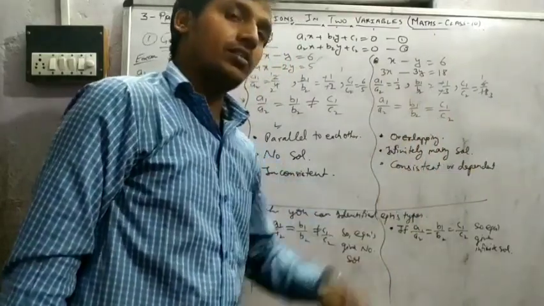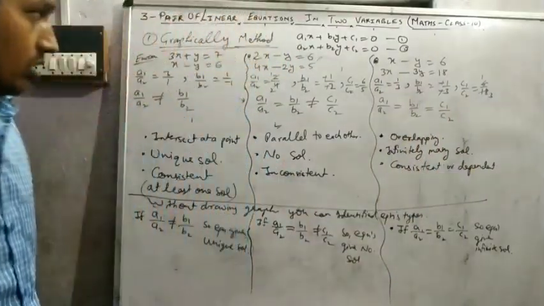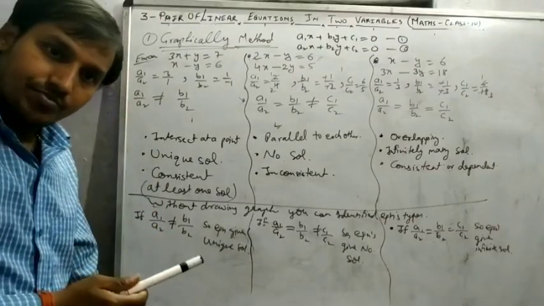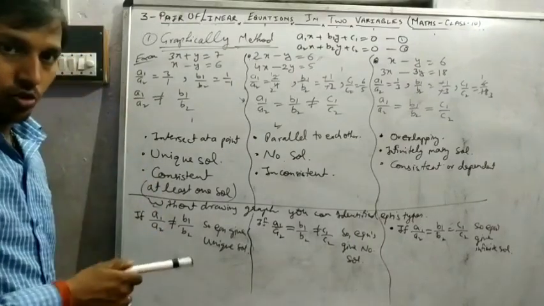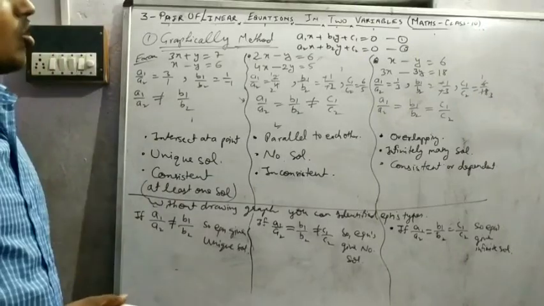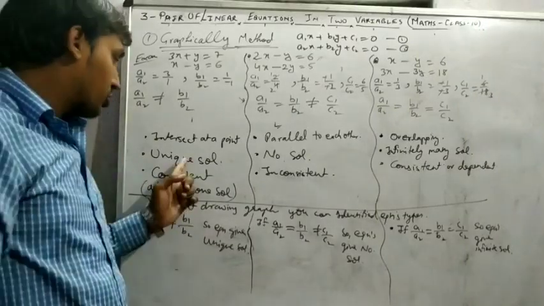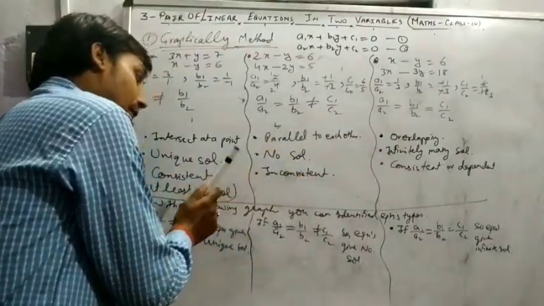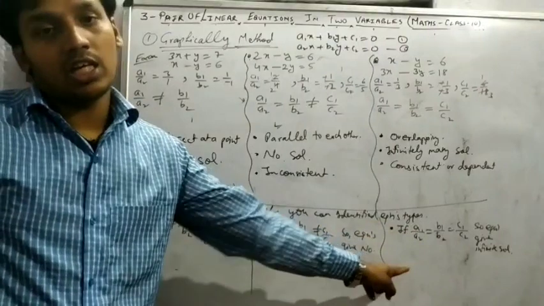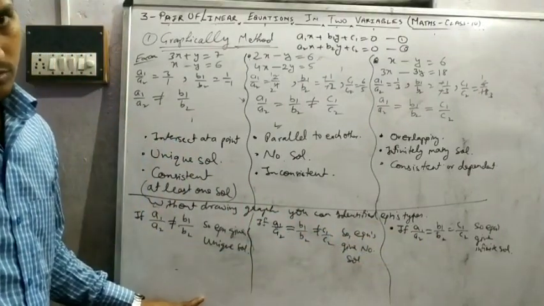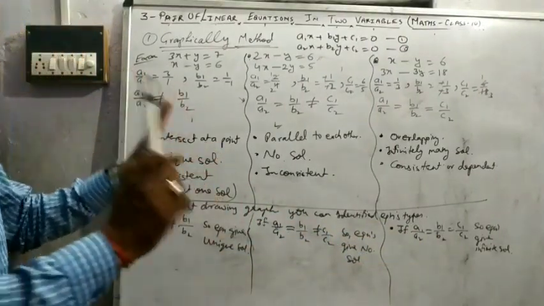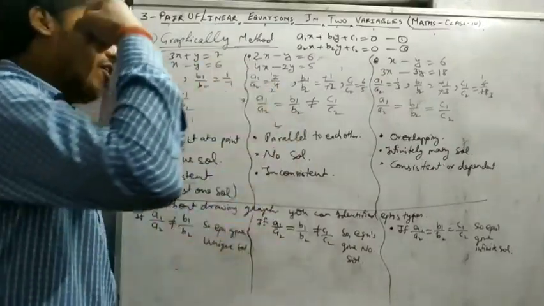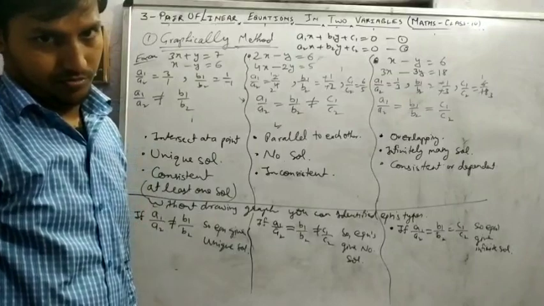Consistent, dependent. Okay? I hope you all understand how we draw the graph and find the solution graphically, and also the types of solution which give unique, no solution, infinite solutions, graphically and without making the graph. Okay? Pause the video and note down. Very important topic for this chapter, giving 1 mark, 2 marks, 3 marks, 4 marks also. Note down.